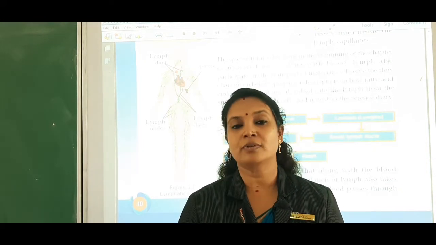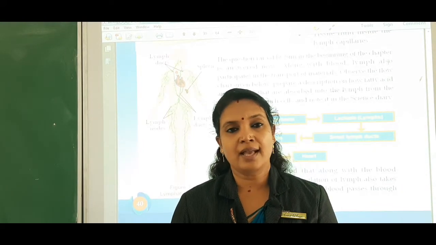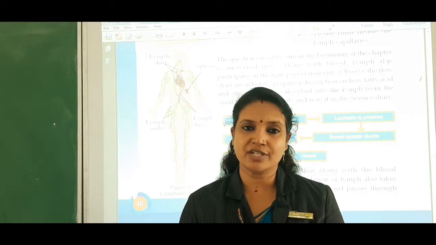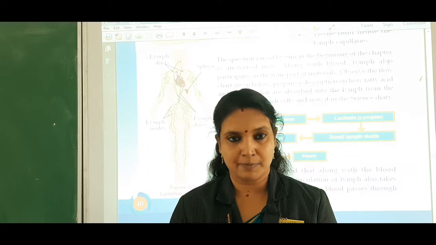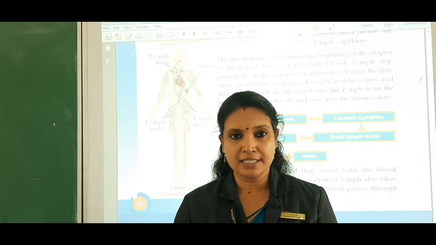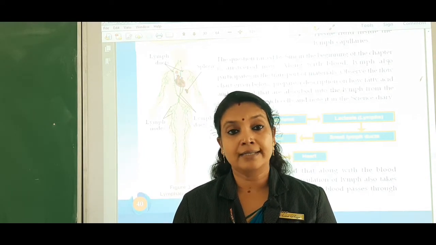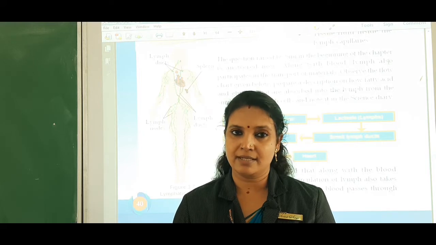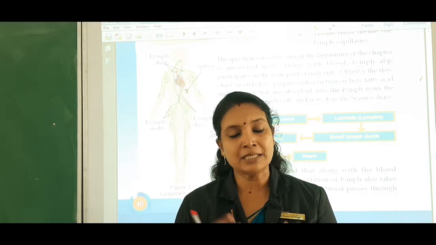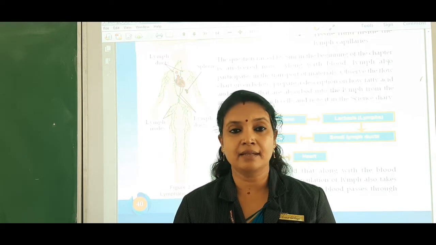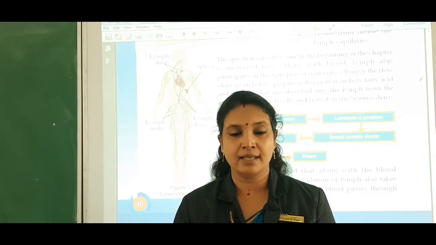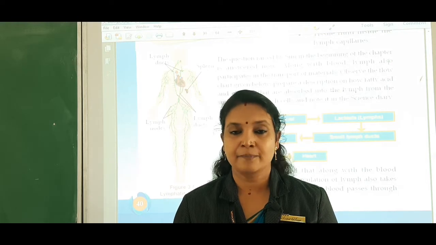Okay, as it has many functions, providing immunity is one of the important functions of spleen, and spleen consists of two types of cells, red pulp cells and white pulp cells, and the red pulp cells remove the old and damaged RBCs and also retain the iron content in the RBC, and the white pulp cells